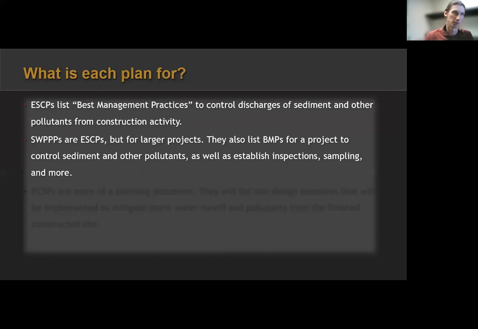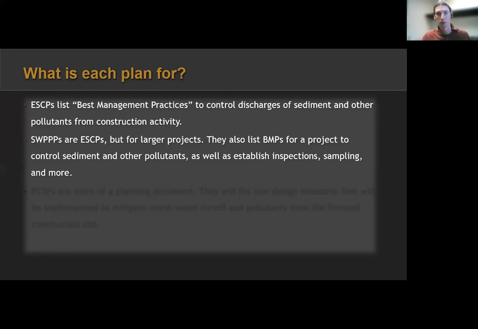They have lists of BMPs to control sediment and erosion on a project, as well as other pollutants that might be found on a construction project. But they also establish inspection regimens and sampling protocols and maybe post-construction design measures. If you're not within an MS4's jurisdiction, all of those will be discussed in a SWPPP.